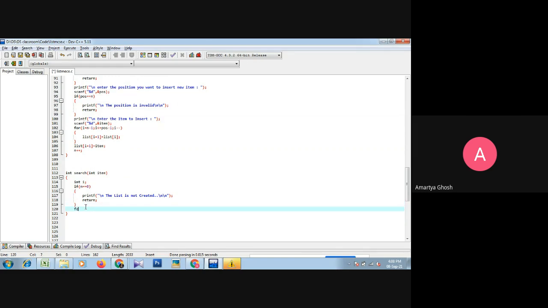So for I equals to 0, semicolon, I less than n, semicolon, I plus plus. And now we have to compare with item that is coming from the main function and held by this item variable. So we have to compare item with every value of the list.